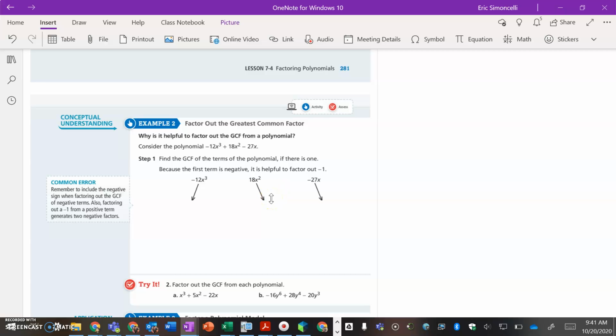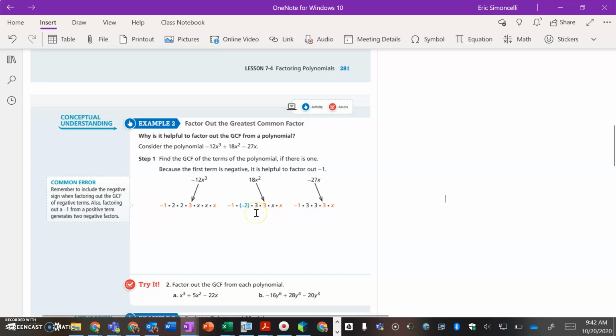So yes, in this case, you are going to deal with the negative sign. On the last problem, we didn't, because we were only discovering the GCF. We weren't actually doing any official factoring out of the GCF. So it turns out negative 12x cubed can be rewritten as negative 1 times 2 times 2 times 3. Again, notice the negative 1. And then you have x times x times x. 18x squared, you can see here we've got,